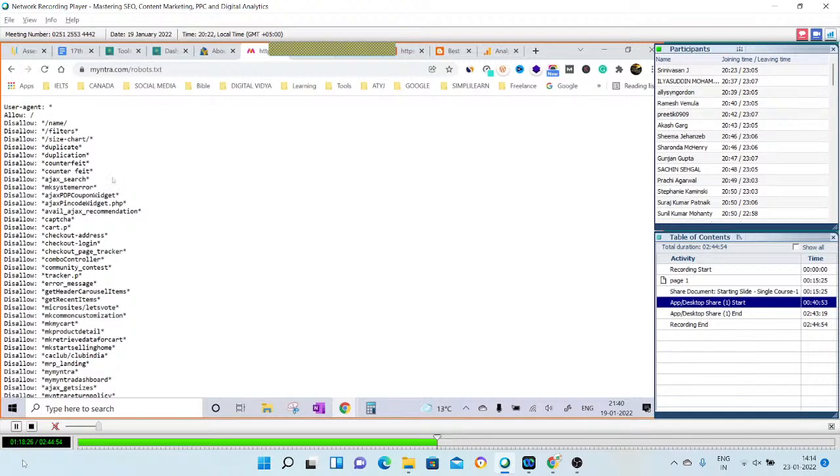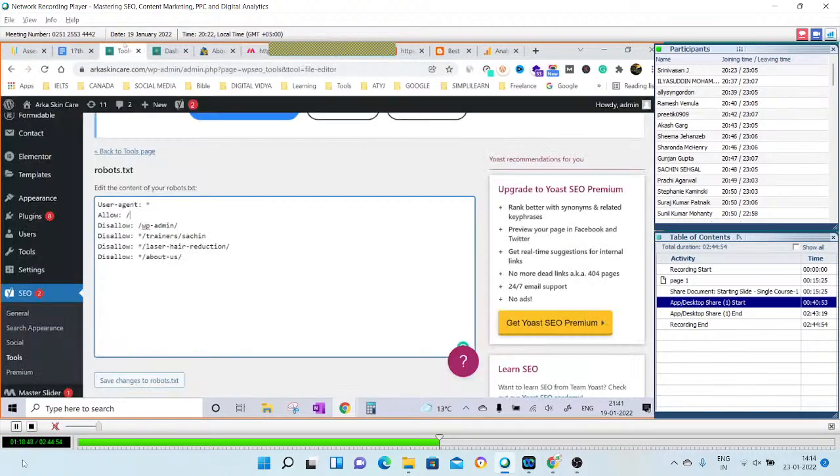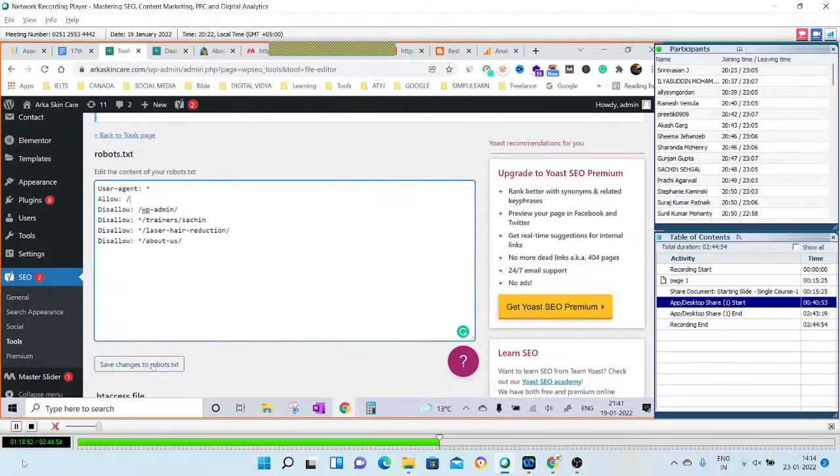If anybody finds that making this file and then uploading it to the backend folder is too technical for me, from there I'll tell you the easier step as well. We do talk about this technical step in advanced SEO a lot. But if you still feel it's complicated, you can just use that method. For WordPress users, it's very easy: just go to SEO tools, put disallow, and save changes to robots.